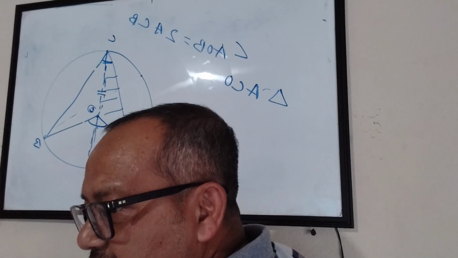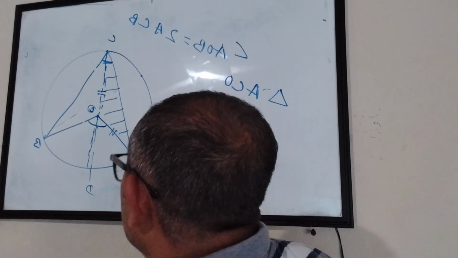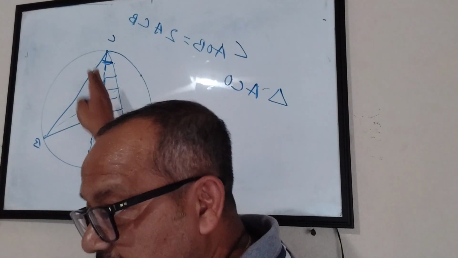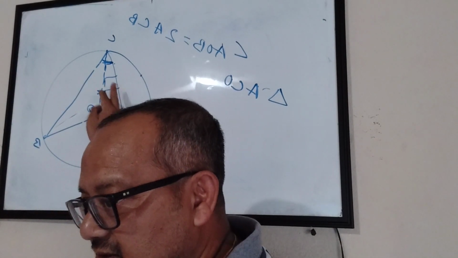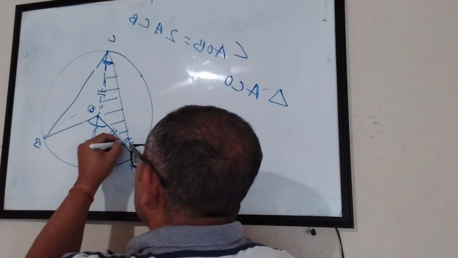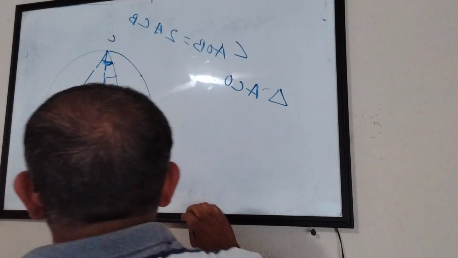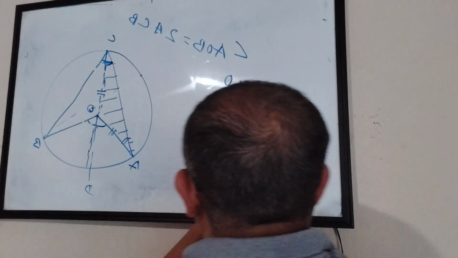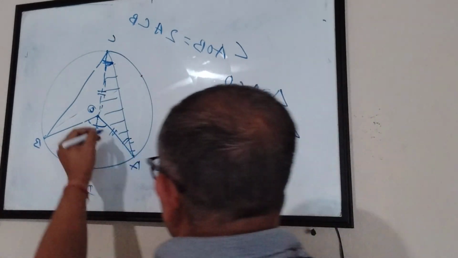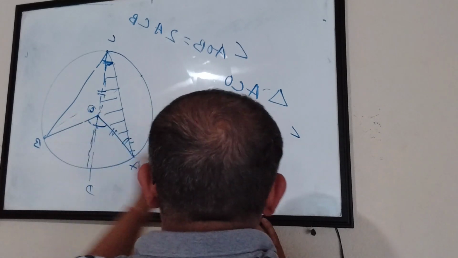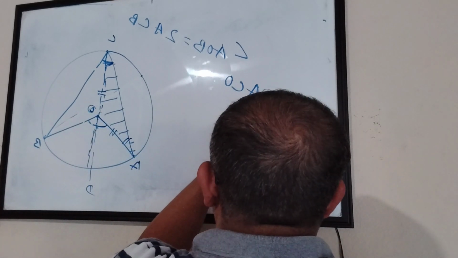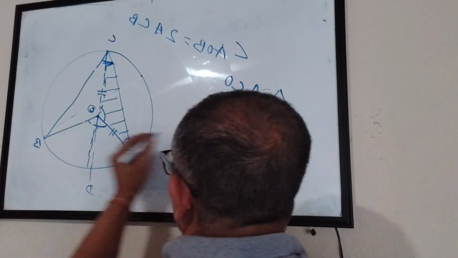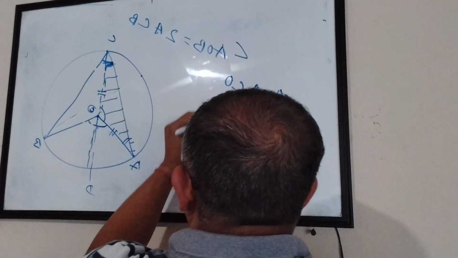Both are radius, right? If the sides are same, then the angles will be same, right? In the isosceles triangle, the two angles are same. So this angle and this angle are same. Now when I look at this triangle, I can say angle AOC, meaning this angle, plus this angle, meaning angle